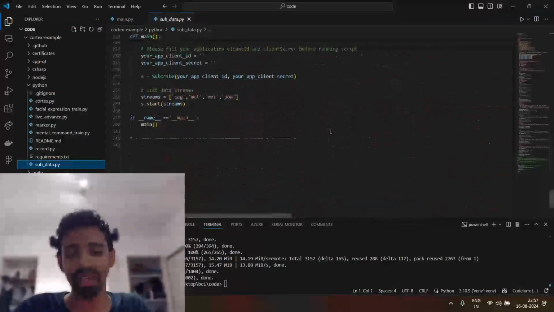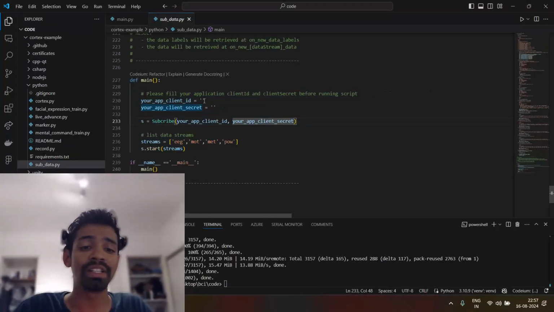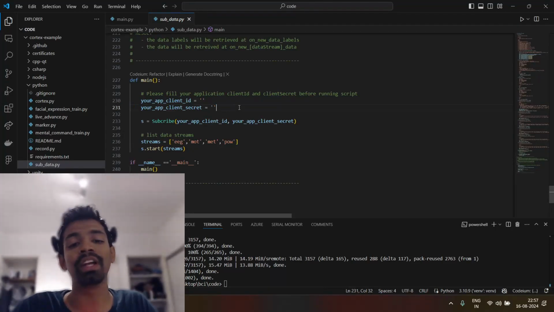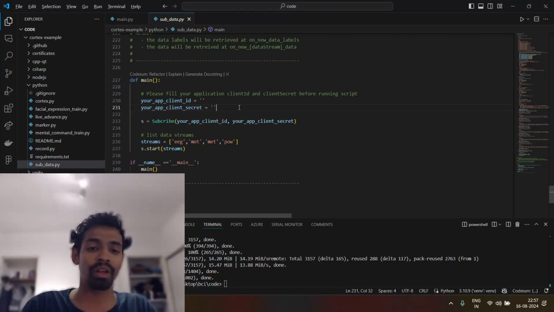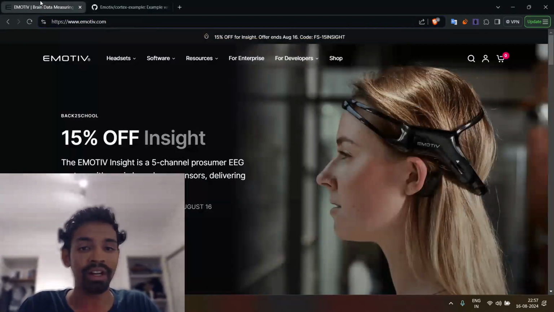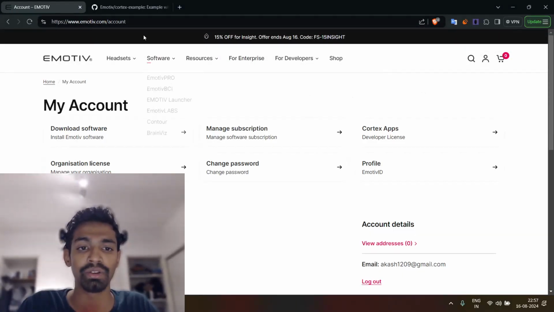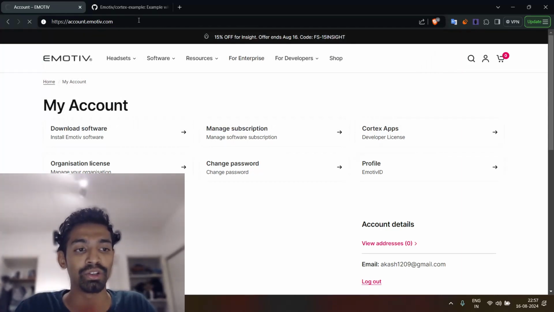This file has a starting point here at the bottom, and you can see that there is space for you to edit the client ID and the client secret. This is something that you get once you register your product with the Emotiv website, that you can find in the account section. You can navigate to account.emotiv.com